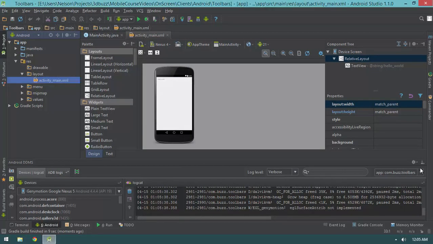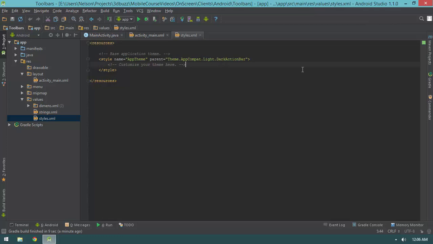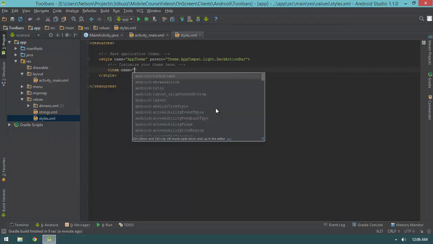The first order of business is going to be removing that action bar. We don't need the action bar anymore. The action bar is going to effectively now be gone. And there's a couple ways to do it. One way is to go into our styles that we talked about in the last video and add in a specific flag that'll tell it not to have the action bar displayed. I can come in here and say item name equals